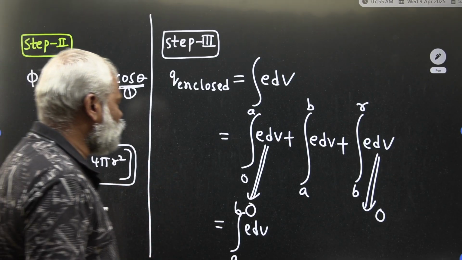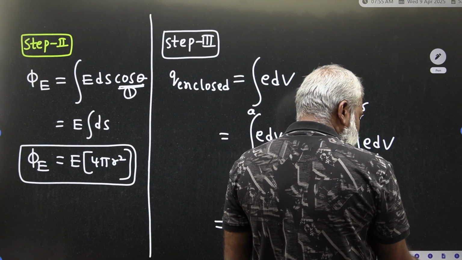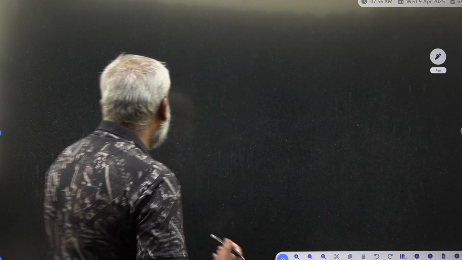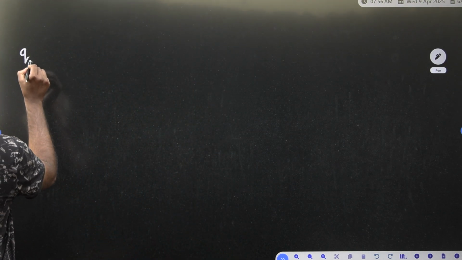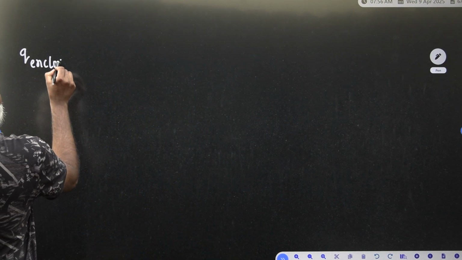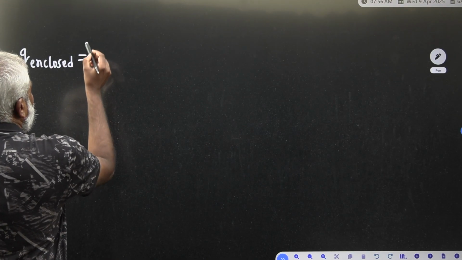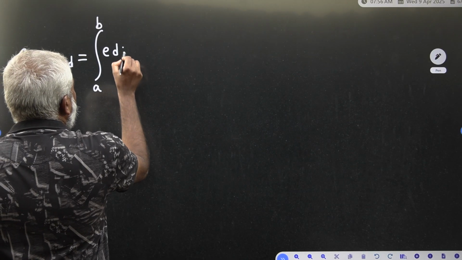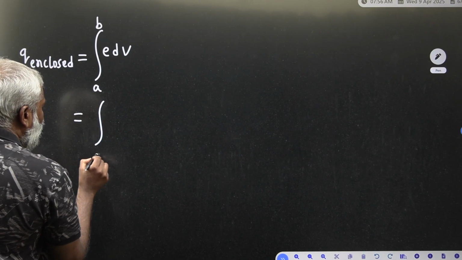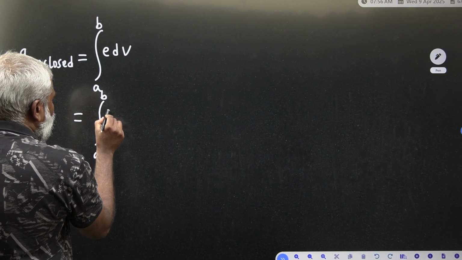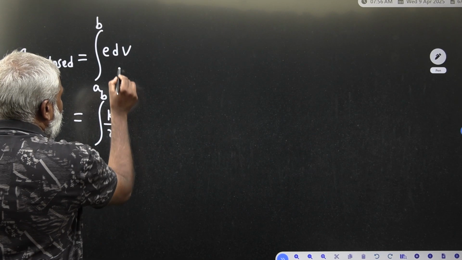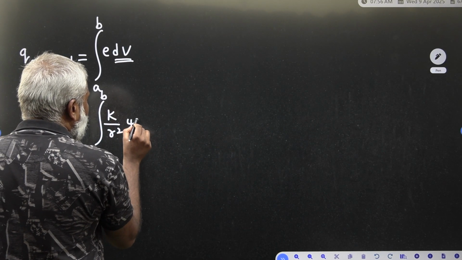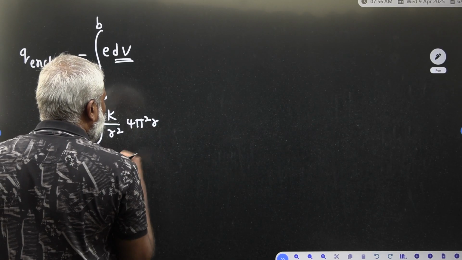So, rho dV you have to write it. Now, you are able to take how we have to write that. So now you substitute: charge enclosed through a Gaussian surface is equal to integral a to b rho dV, but rho we know is equal to k by r square, and dV, the volume element of the sphere, is equal to 4 pi